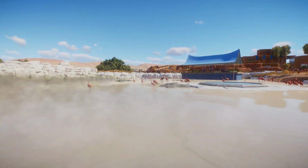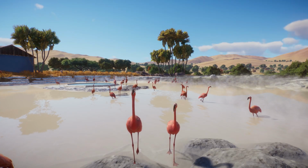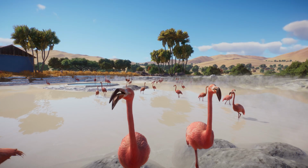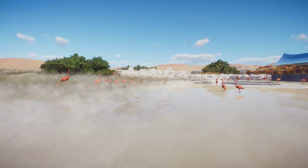Tierra encantada, la tierra encantada, tierra encantada,